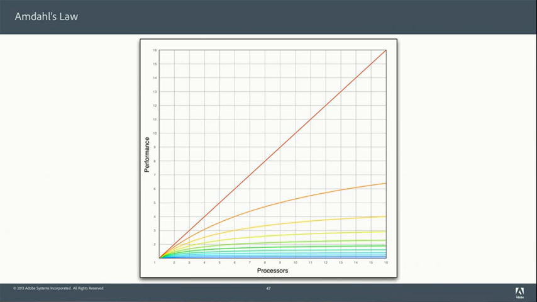We've got performance going up the left, number of processors going across the bottom. The line up the middle would be perfect scaling: the more processors we add, the better performance we get. Each line that arcs off represents a 10% increment in synchronization.